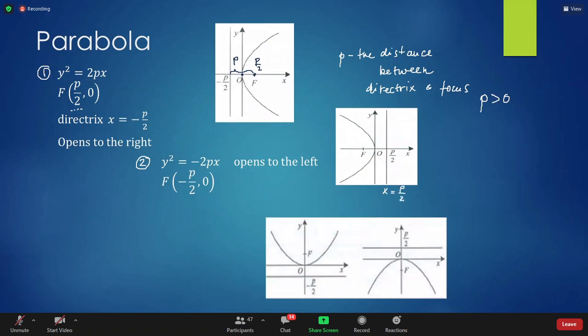And then we have these two extra parabolas that are opening not sideways but up or down, like our normal functions from school mathematics, like our normal quadratic functions. So this means that x and y, in a sense, change places. So number 3, if we see x squared equals 2py, if you divide both sides by 2p, you basically get the standard parabola from school mathematics. Y equals 1